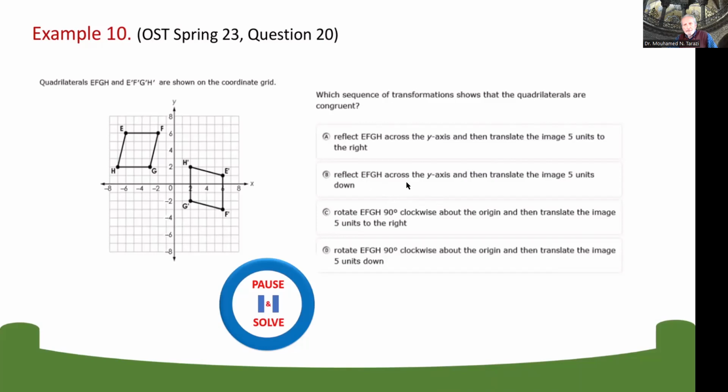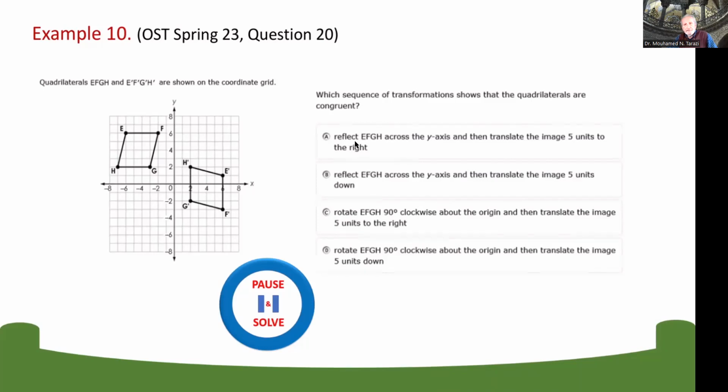Reflect E, F, G, H across the y-axis, and then translate 5 units down. Rotate, and then translate; rotate, and then translate. Now, you need to remember, if you reflect E, F, G, H across the y-axis, this line here is going to be parallel to the x-axis. It's going to be here. Then there's no way that you can drop it to match this, because this one is not parallel to the